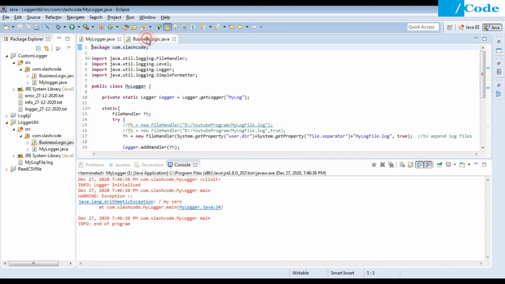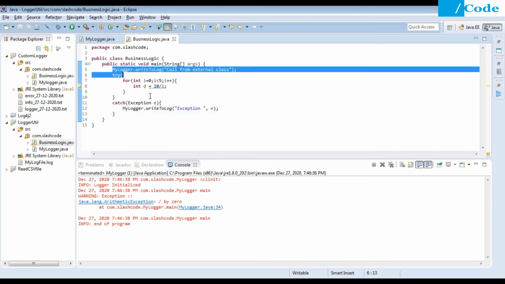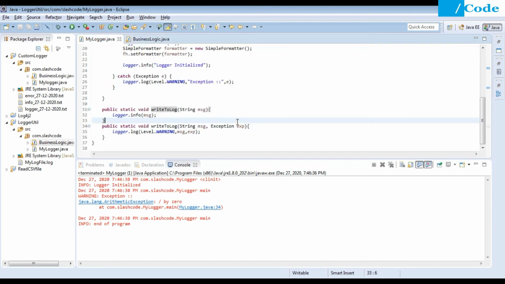Now come to the BusinessLogic.java file. Here I have created a main function. Inside that, calling from the external class, it will throw one exception, and that exception we are going to pass as writeToLog(exception, e). So the same method is overloaded, one with only the message, and one with the message and the exception object. So it will come here and just print this log message inside the logger file.